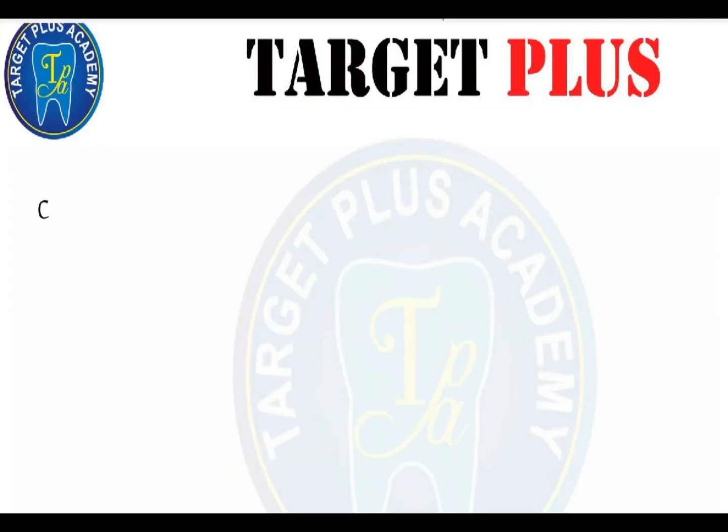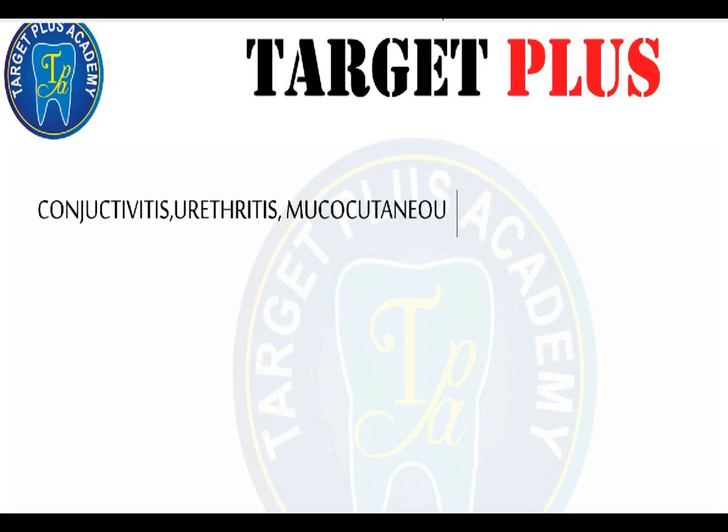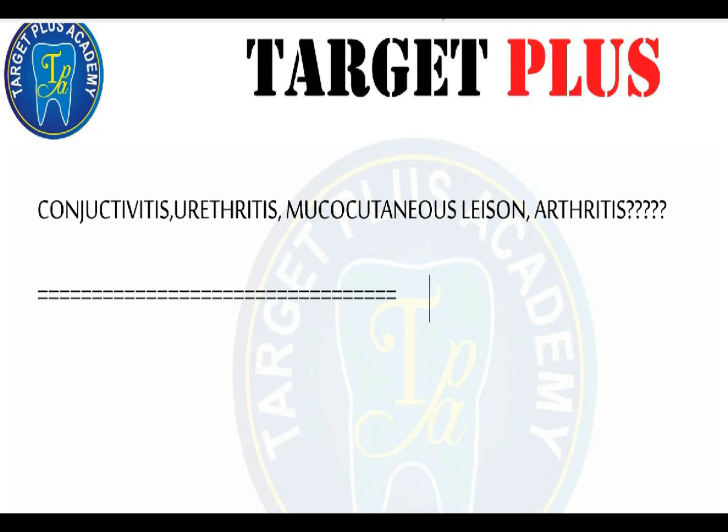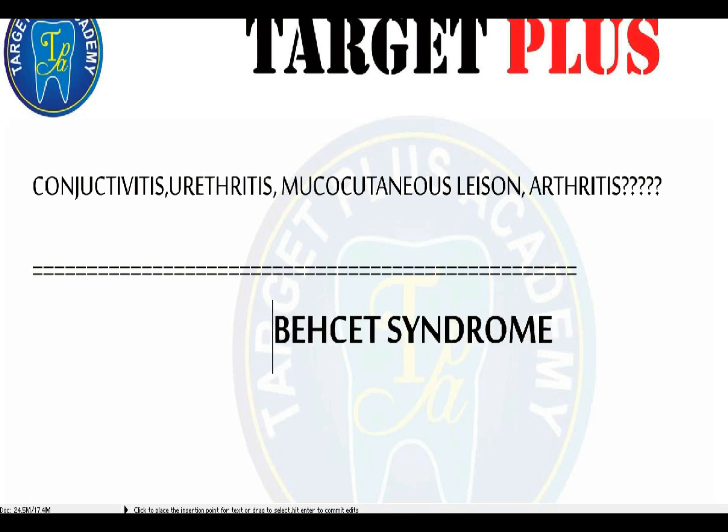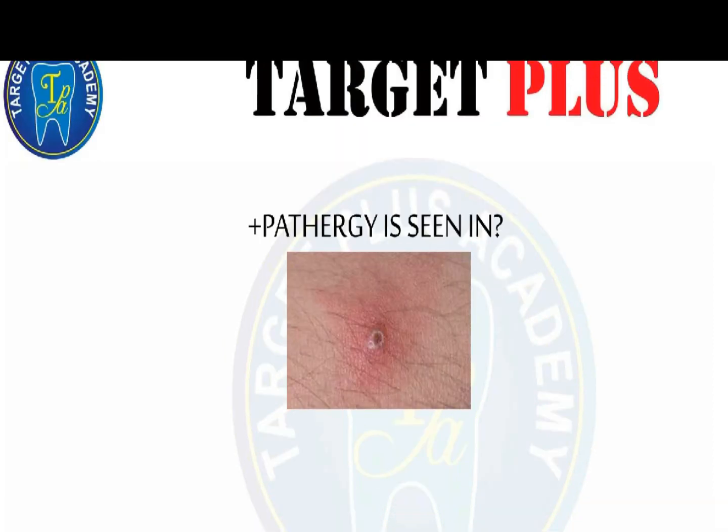Now suppose a question comes, a patient with conjunctivitis, urethritis, mucocutaneous lesion and arthritis. Identify the disease. One option is Behcet syndrome, other is Hodgkin disease, third is Greenspan disease, fourth Ehlers-Danlos syndrome. So the answer will be Behcet syndrome. Now another question, positive pathergy test is seen in,